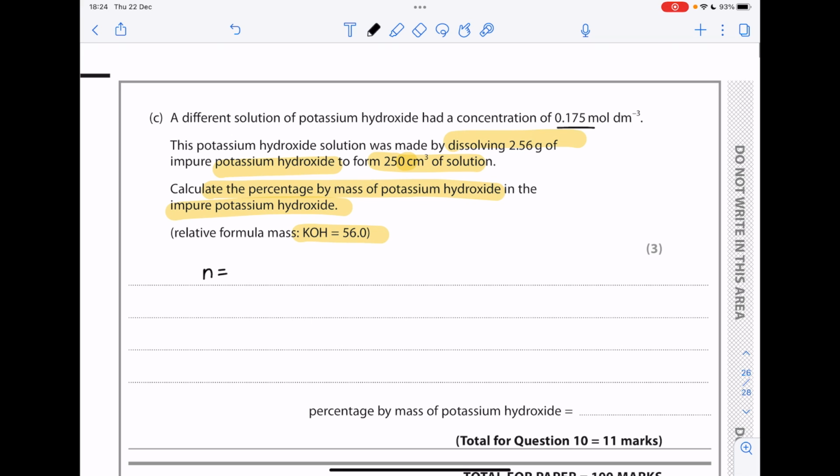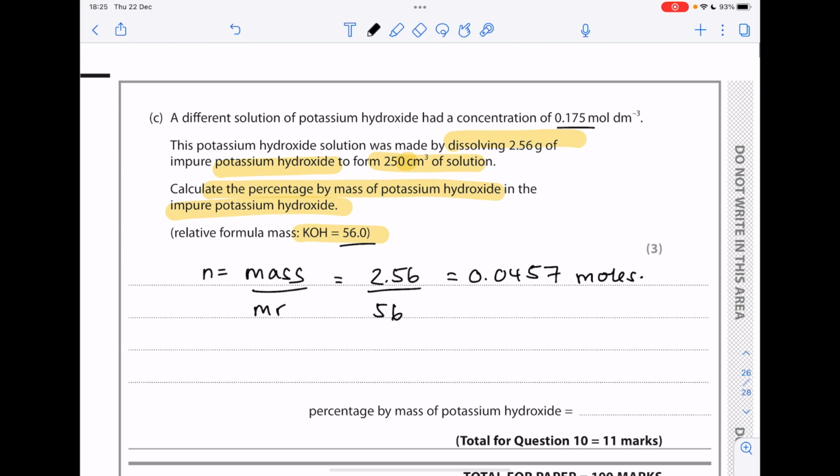You want to find the number of moles first of all by doing mass divided by Mr. So we know we have 2.56 grams divided by the Mr, we've been told is 56. So there's our number of moles. But be careful, that's in 250 centimetres cubed of solution, and this concentration value is per decimetre cubed. So there are 1,000 centimetres cubed per decimetre cubed. So effectively we have 0.25 decimetres cubed, which is why I'm going to do that in order to sort out my units